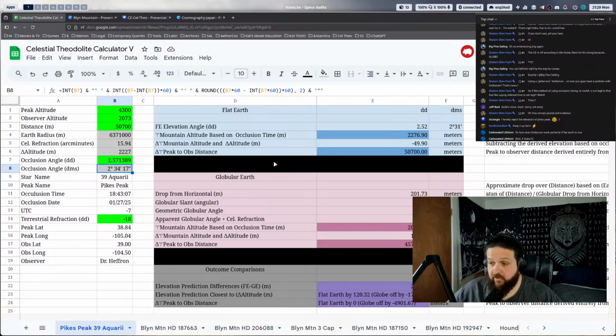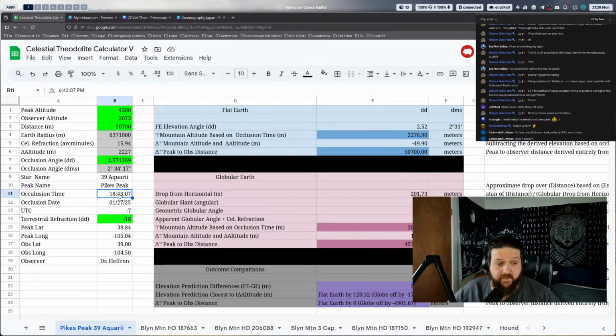And these correspond to two different positions because, using Stellarium, using the globe, using CelNav, all that, time equals angles. What that means is if the mountain is physically lower in elevation, then the occlusion time right here is going to be a different time, which is going to equal a different angle. But what ended up happening is the observer on the ground, 50,000 meters away, observed the star being occluded, and then he looked at what time it was when it got occluded. It was